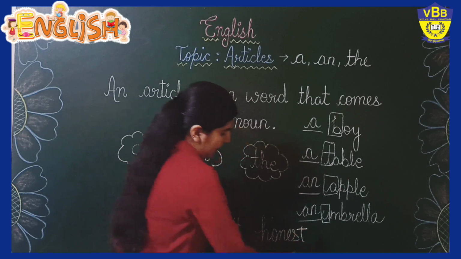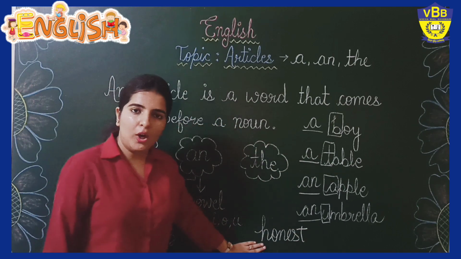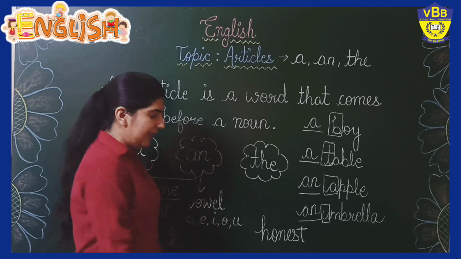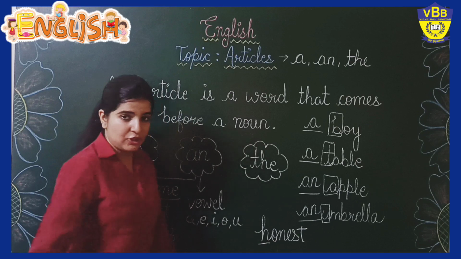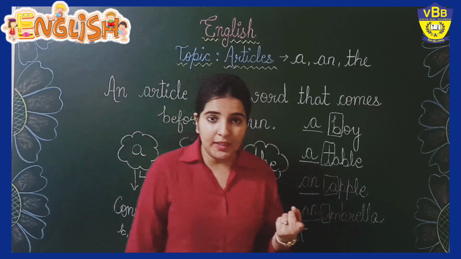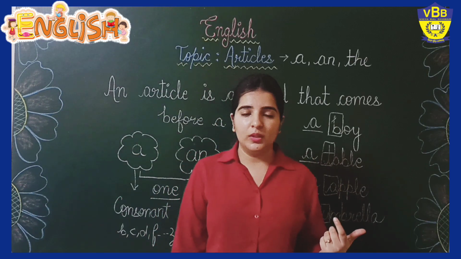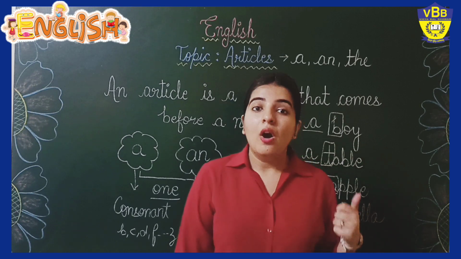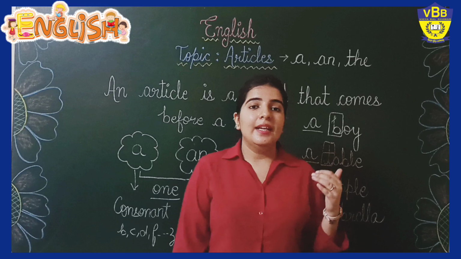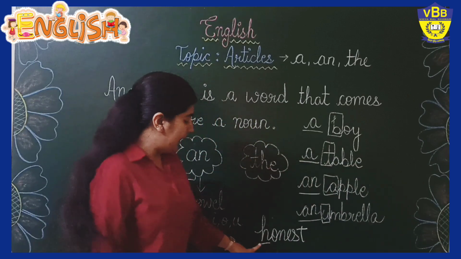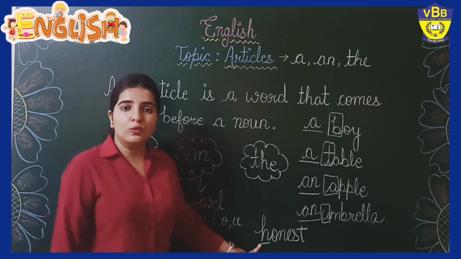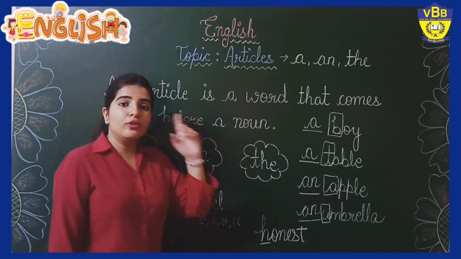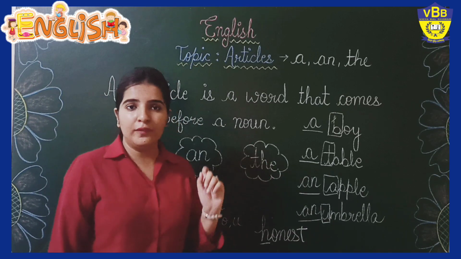We all must have heard this word, honest. Yes, when we write, it starts with the letter H. But when we speak, when we pronounce the word, it starts with the sound of O. Honest, right? In such words, the alphabet H is used silently. So we are going to focus on the sound of the word.